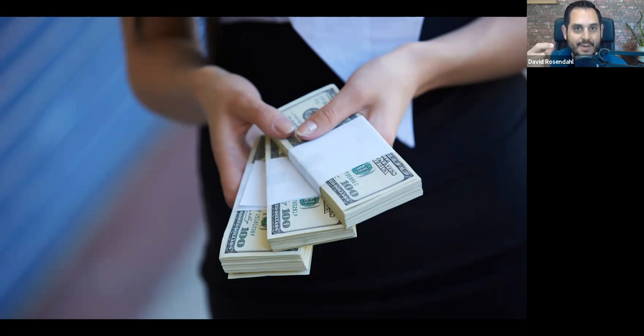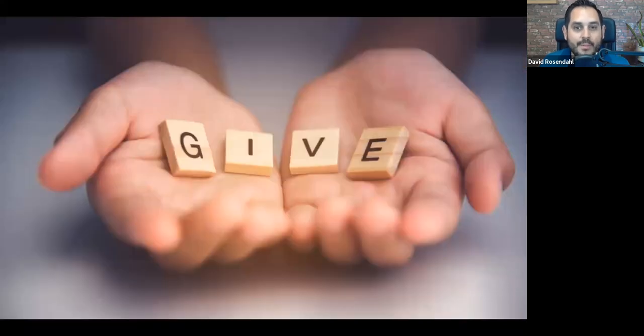The mindset that you need to have, like this image that we picked here on the screen, is that you need to give away value. And I'm sure you've heard that before. But what does that really mean? You really have to take that to heart, because you need to give away your best stuff. Think of it like handing out hundreds. You really have to think about it at that level. When you post, when you're creating content in social or in email, or as you're pumping out this marketing communication, when you distribute that, you need to give value. You need to give, and then give some more.